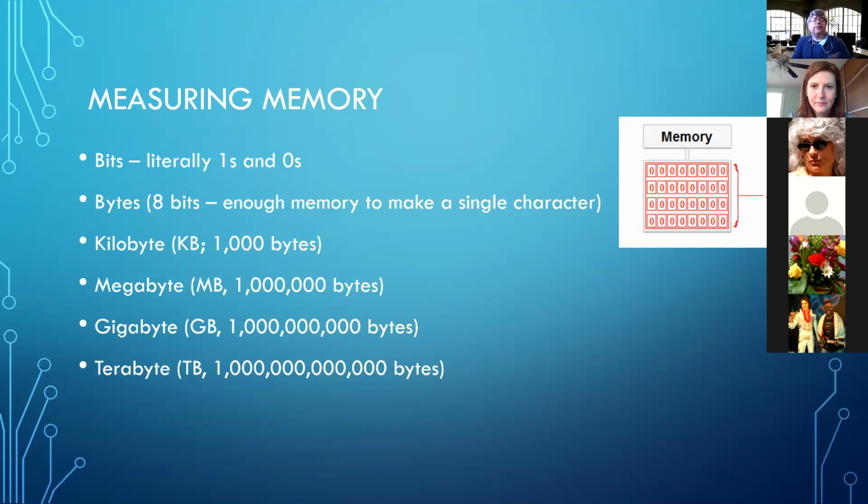So just going through these. A bit, the smallest unit of memory, is virtually one switch. Is it on? Is it off? Is it 0 or is it 1? 0 being off, 1 being on. A byte